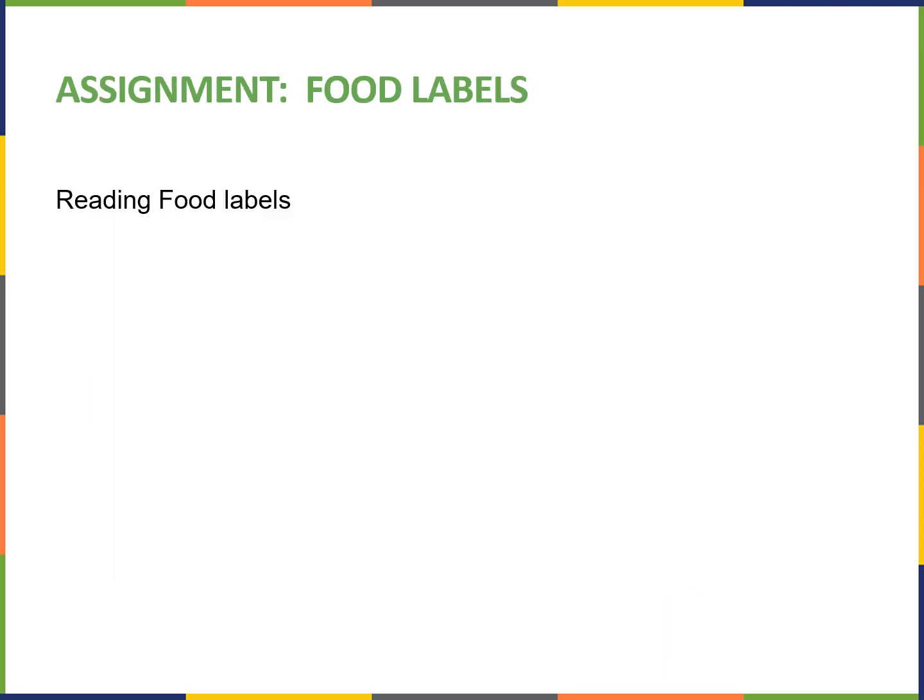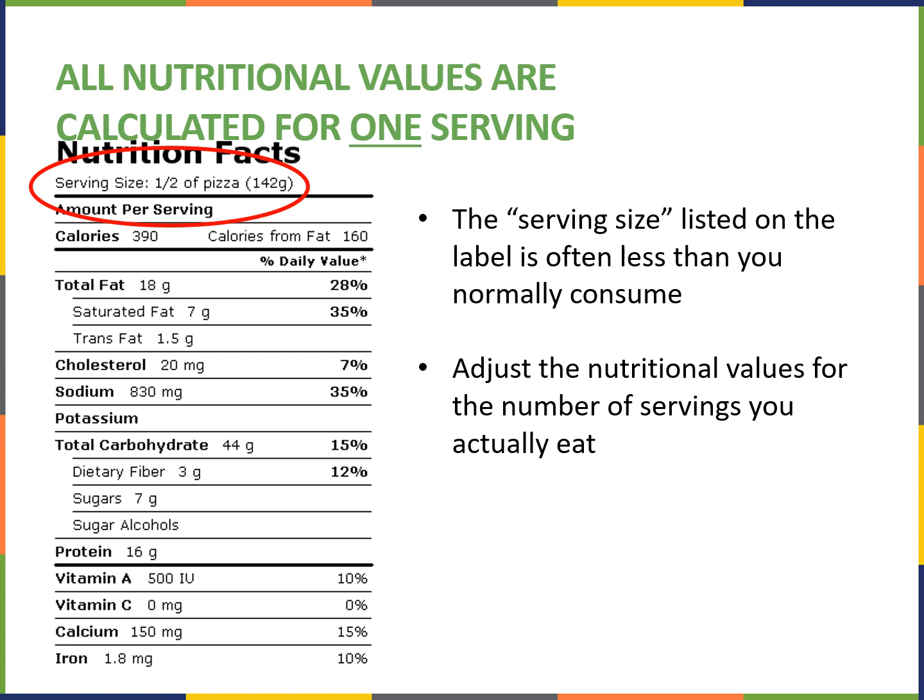Okay, so our assignment for this week is reading food labels. You are going to get 2 foods of your choosing, or drinks if you would like. I would prefer it be a food, but either way, just please make sure it is not a 0-calorie food. I do want to make sure that you're actually going through and understanding some of this. But